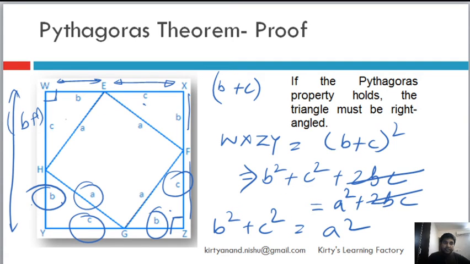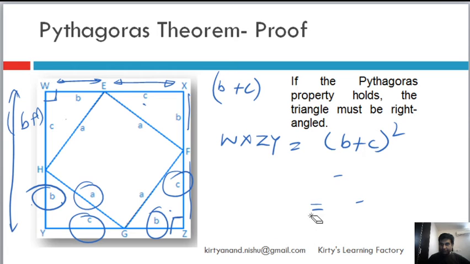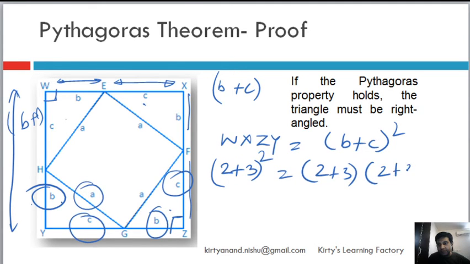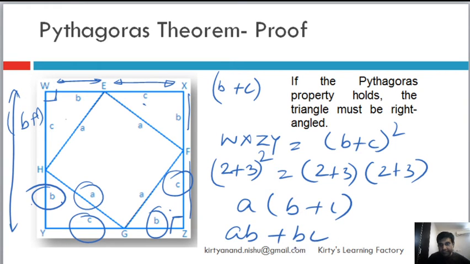Now in order to prove this, we used b plus c whole square, which was this. So let me do that for you also very quickly. It is nothing, we will just do multiplication, and because it is a variable, so you think of b plus c as, say, 2 plus 3 whole square, which is 2 plus 3 into 2 plus 3, right? And whenever we multiply variables like this, if you learned the distributive property, remember, if we were to do a into b plus c, what would we do? We would do ab plus ac, right?